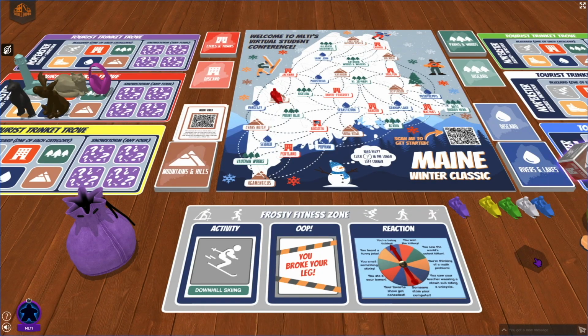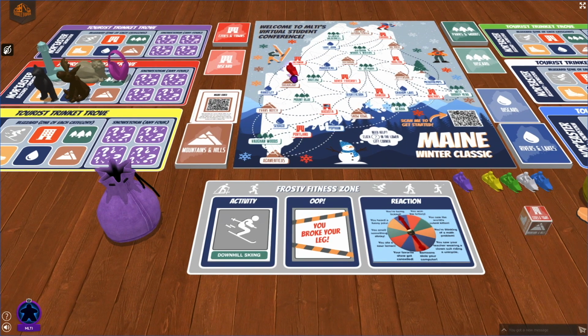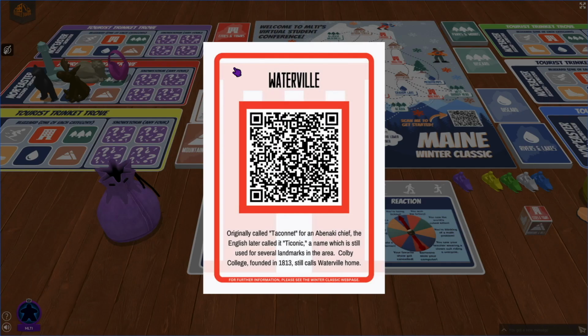It is time to move, so we roll the dice and we land on cities and towns. So we're going to move to the closest city and town, which is Jackman, where we are located on the map, and then we're going to flip over a cities and towns card. We've already earned a trinket for cities and towns, but that's okay because there is room on the board to add additional trinkets. So we flip our card, we scan the QR code, and we complete this activity for Waterville,